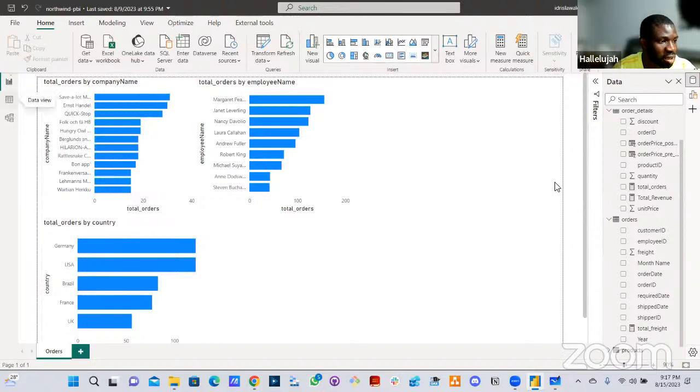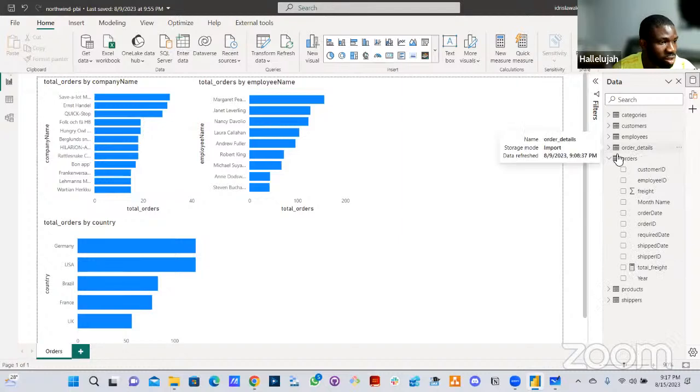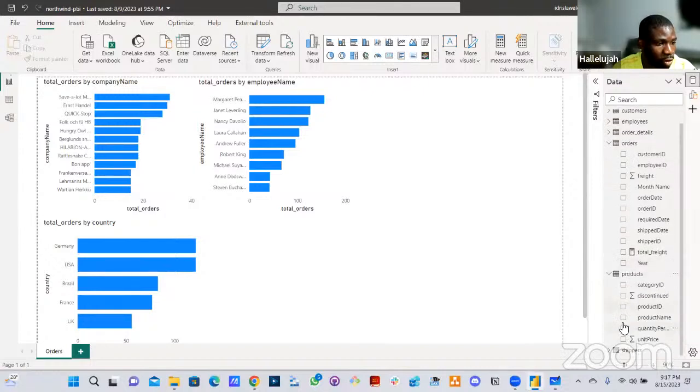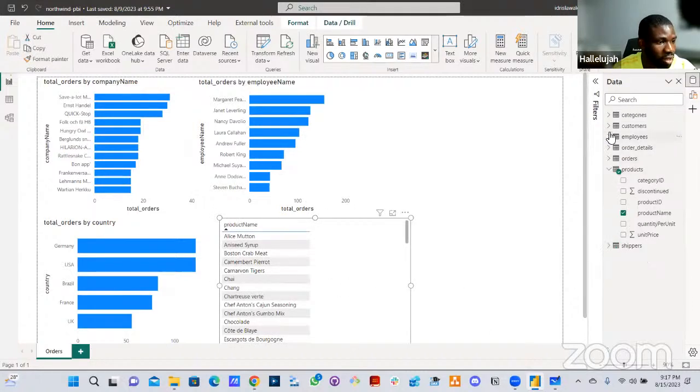So let's see, we've seen employees, we've seen customers, we've seen country. So let's see based on product now. Okay, so that's very important. So we'll see based on product. Again, I can bring in my product from my products table. Okay, the product name, not the ID. And then I can bring in my total what? Total orders,